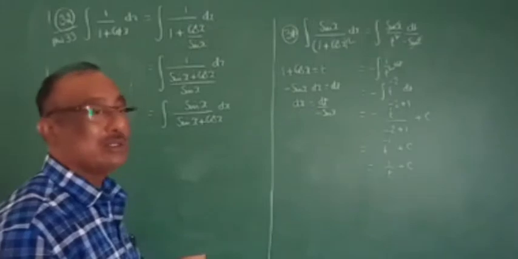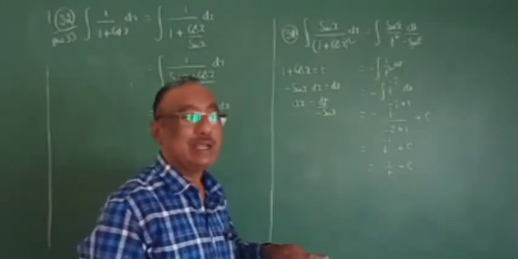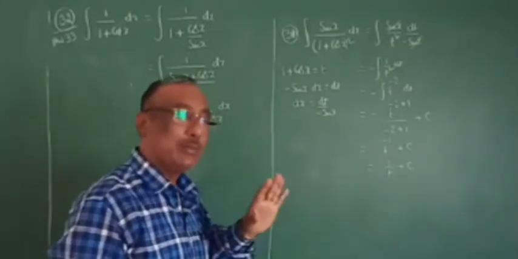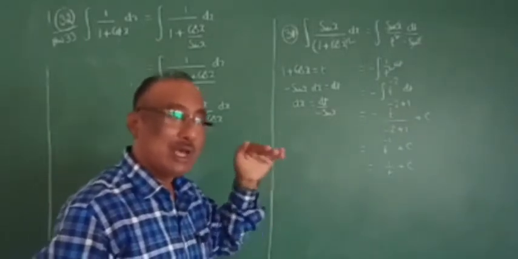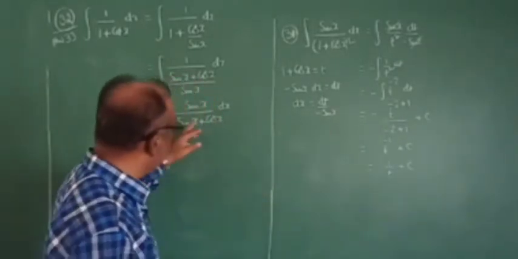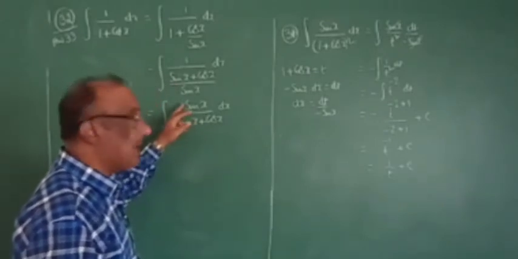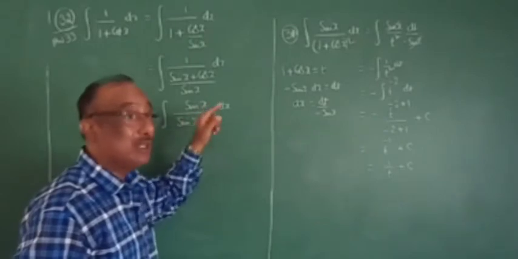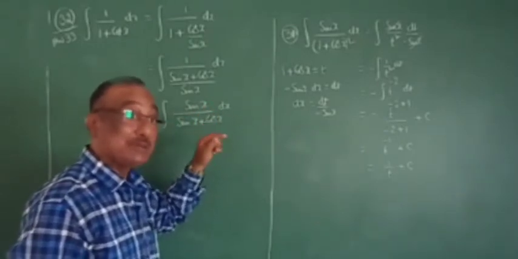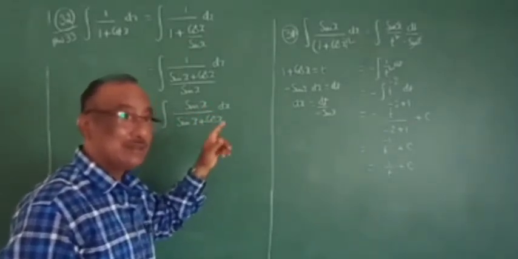But how can you do, sir? Again we make it complicated. It is no problem. Immediately we can think, so one by one we are proceeding. So here I am thinking, multiply by 2 and divide by 2, then sin x will become 2 sin x, sin x plus sin x we can write, okay na?